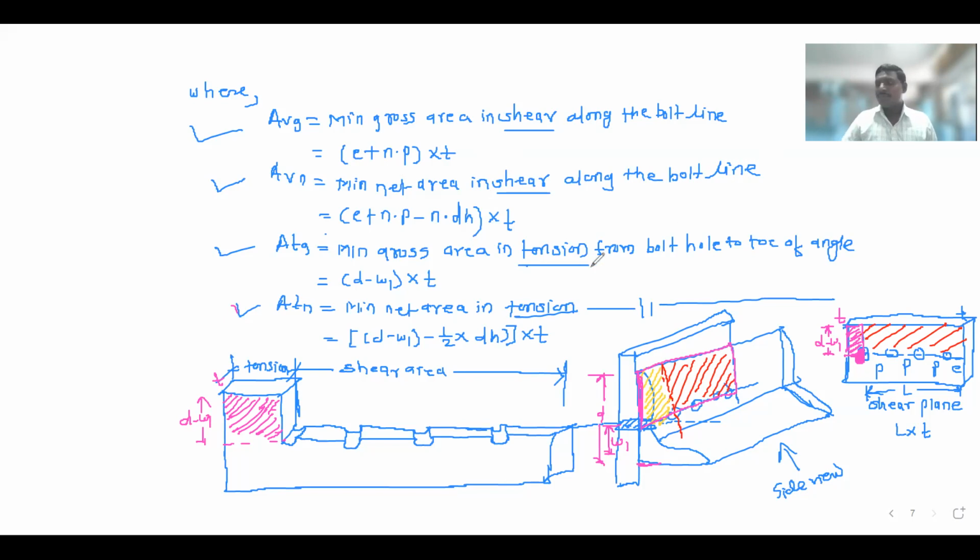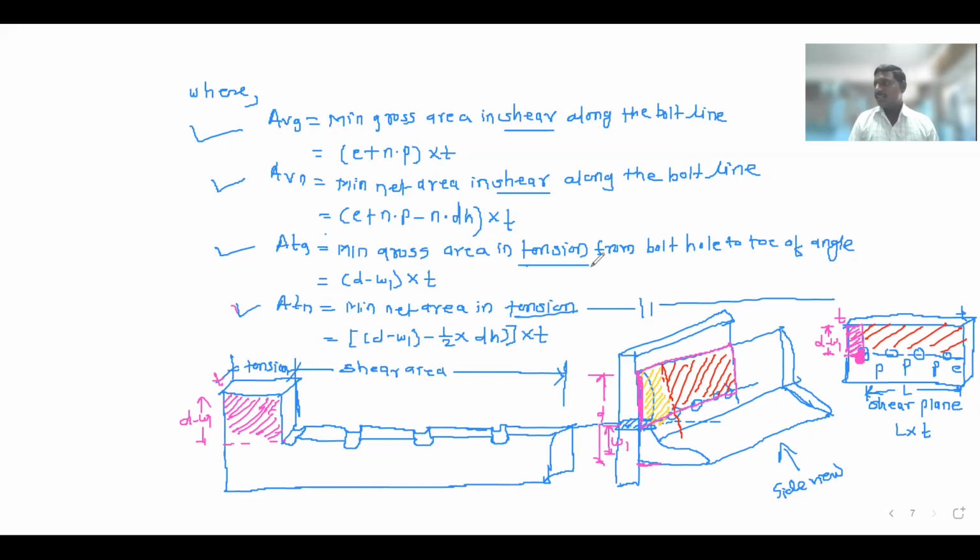So write down. If we draw the sketches and if we write these formulas, there is no difficulty while calculating this particular area. So these are the 3 design strengths of the tension member. So next lecture onwards we will see how to calculate load carrying capacity of the tension member by using these 3 strengths and we will design the tension member.